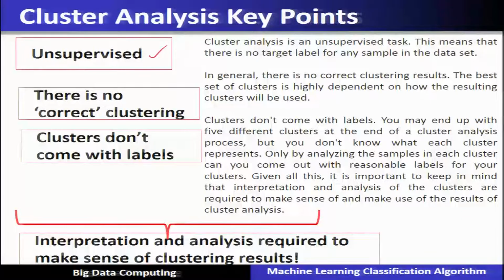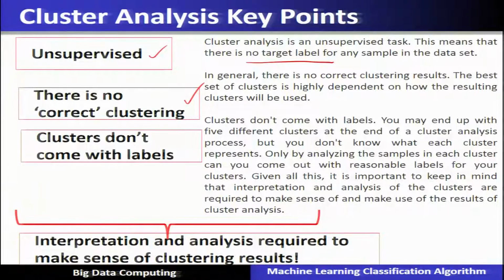Because the data set does not have any target label, hence it is called unsupervised learning. Another thing is that in clustering, there is no correct way of doing the clustering,